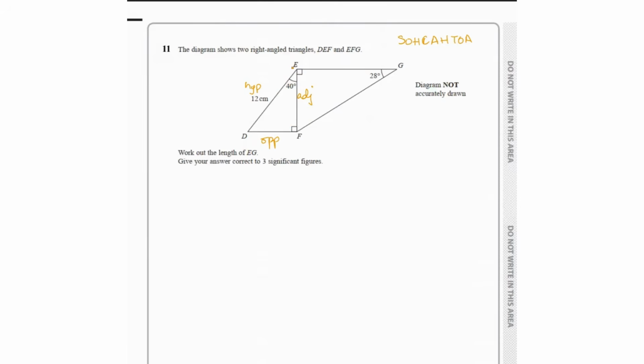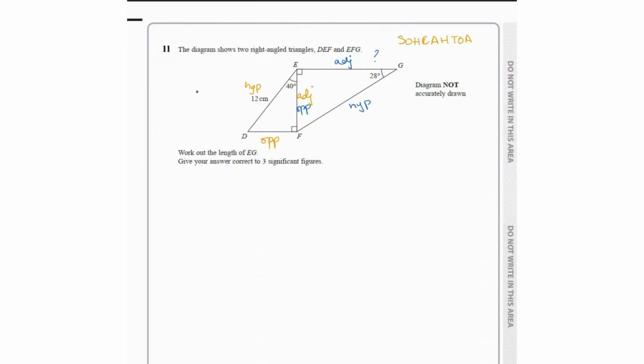Now, if you look at the triangle EGF, the length opposite to the angle is your opposite. So for EFG, it's your opposite. This is your adjacent, and this is your hypotenuse. So they want us to work out the length of EG, which is this one. So to find EG, obviously we need a length because there's just an angle given for this triangle. So we can easily find the common length, which is EF, between both the triangles, and then use that to